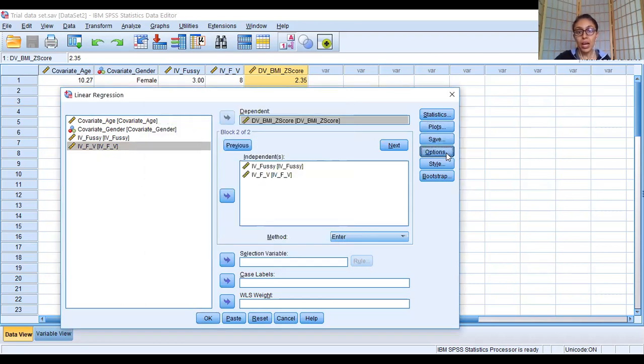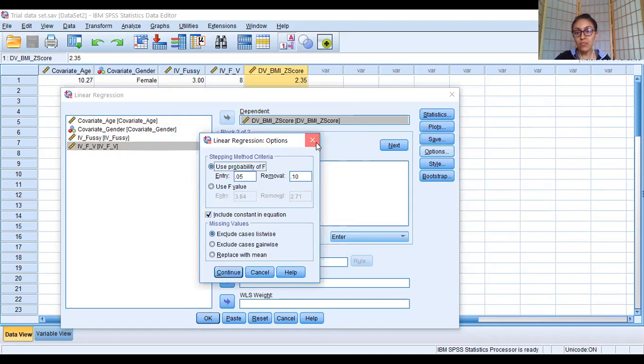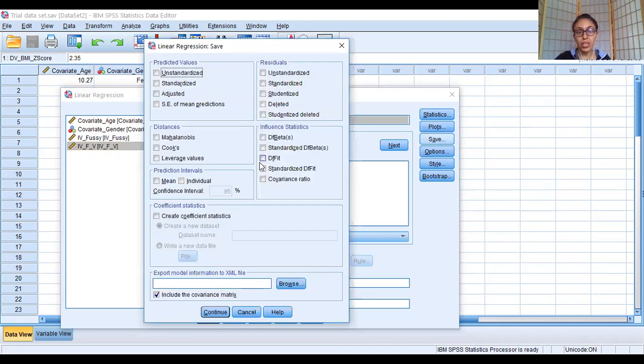All right, and options, I'm just seeing if there is anything quick which I can show you. Yes, these are the residuals. You know how I spoke about standardized residuals, studentized residuals, all of this. So it is over here. Cook's distance and Mahalanobis distance, I even spoke about that. So that is over here. Your leverage values is over here. So all that which is taught to you is within these little blue boxes.